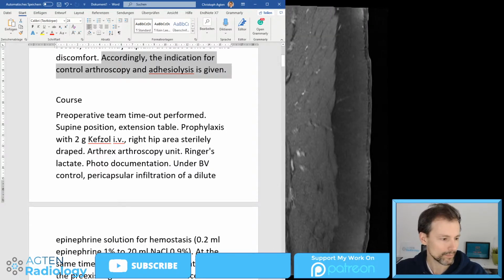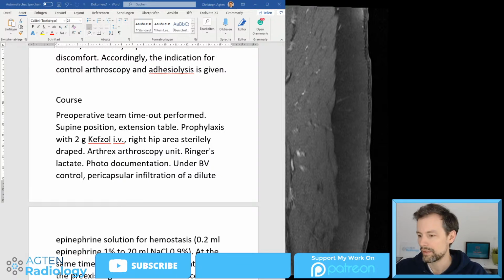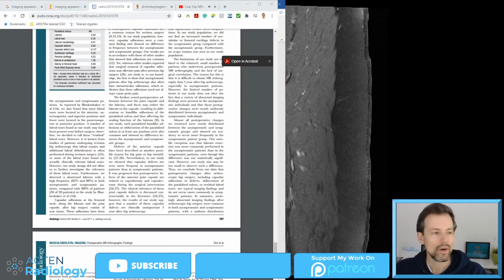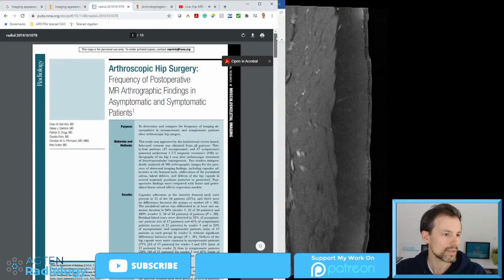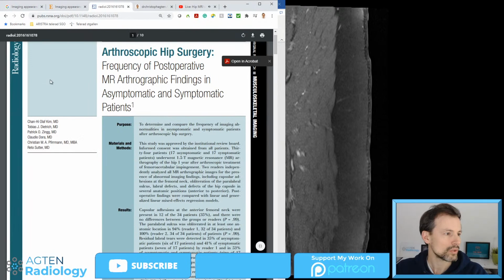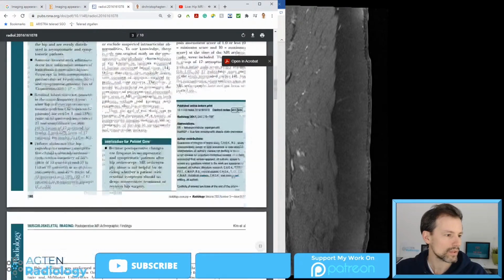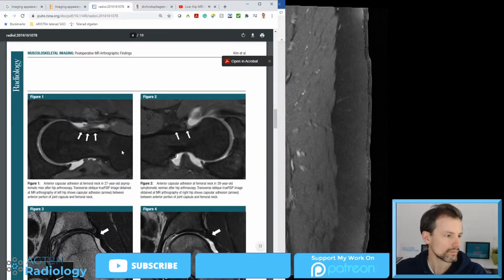pincer component. And I think just to give a quick repetition here, I can just open up here this article. It's available on the internet, so I don't assume there is a copyright issue, and you can just Google the title and then you will find it yourself. So we quickly just go through here a few cases. So what adhesions look like. So normally